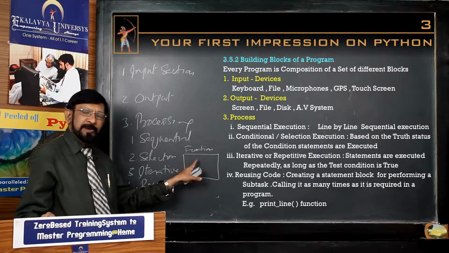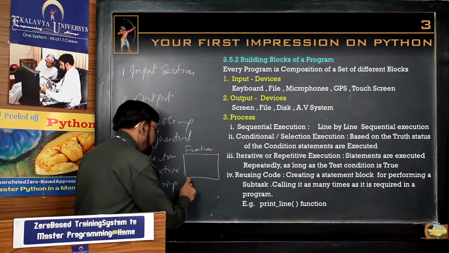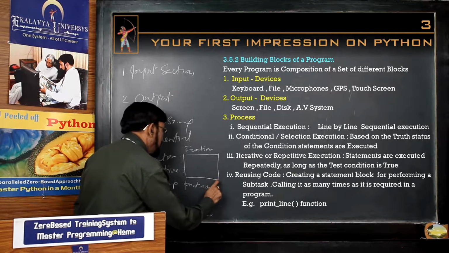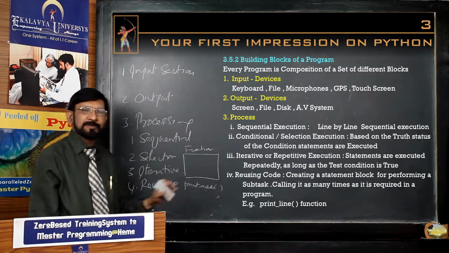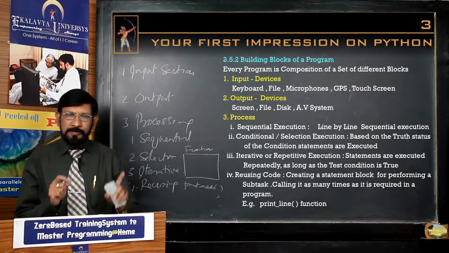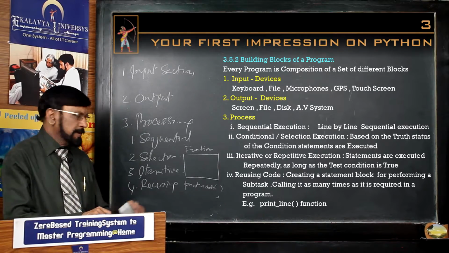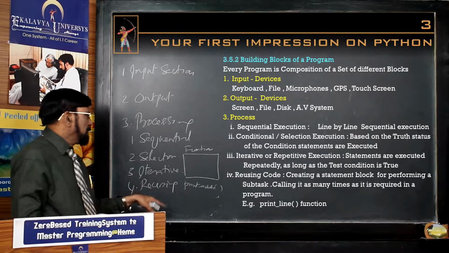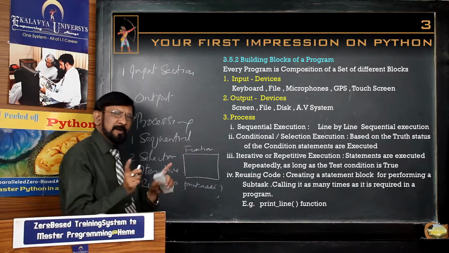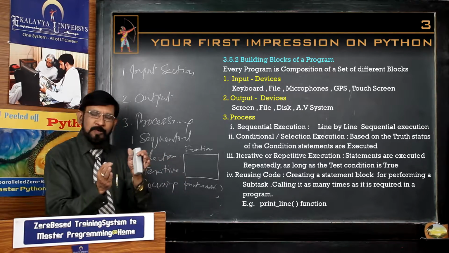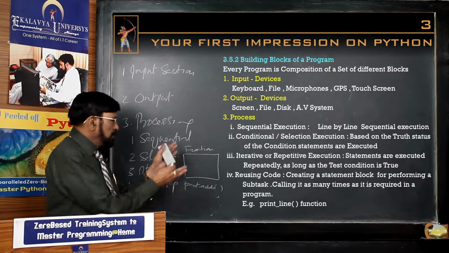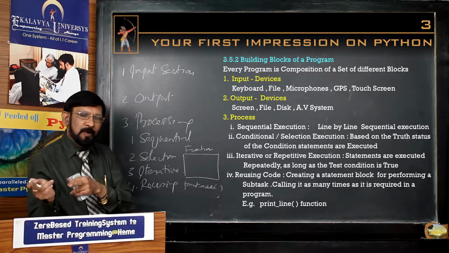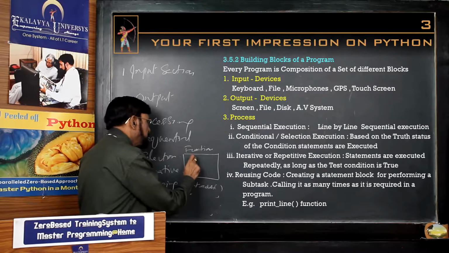A function is a subprogram, subroutine or subprogram. Then it performs a single identifiable job. Suppose you have created a function like this. What is its task? Print address. This is the task of the function. Its purpose is, you give the data, it prints the address in a formation. For this also, IPO is there. It takes the data, it processes and outputs. So it is a small program.